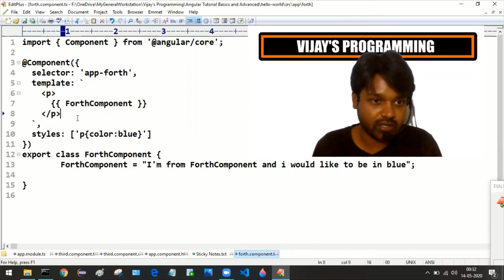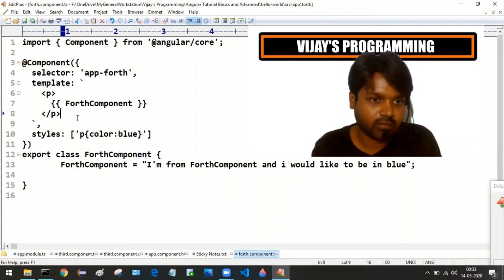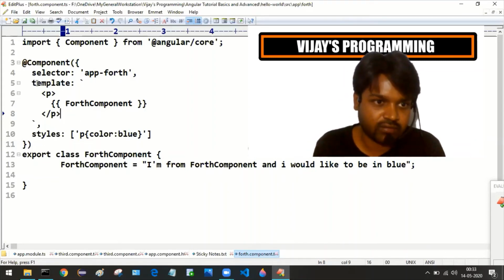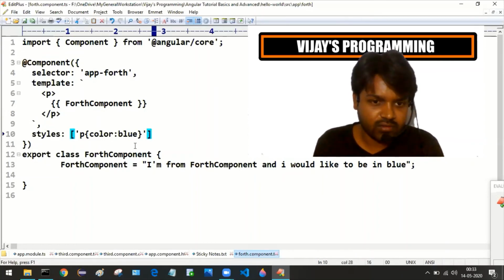We are not using any external template, and we are not using any external styles, that is CSS file. Instead of templateUrl and styleUrls, we are only getting template and just styles. That means we are using the inline style, and that means we are using the inline template.